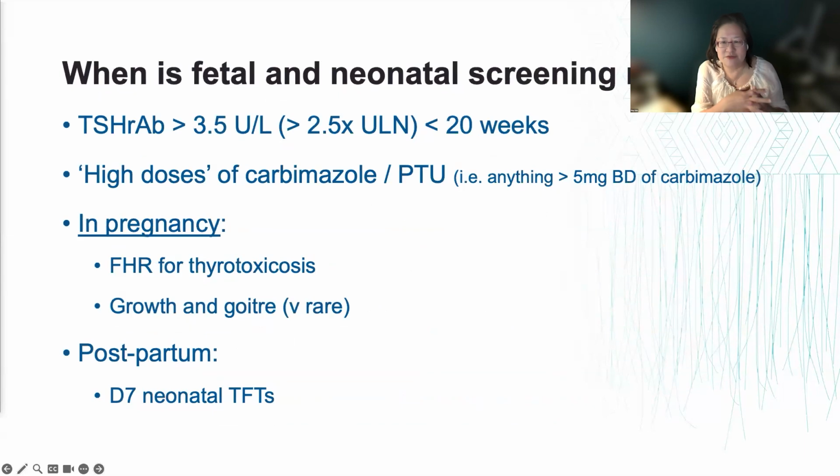So the fetal and neonatal screening is needed when the TSH receptor antibodies are above 2.5 times the upper limit of normal, and in Middlemore, that limit is about 3.5, and we tend to use values done prior to 20 weeks. Monitoring is also required for the mothers who are on more than 5 milligrams twice per day of